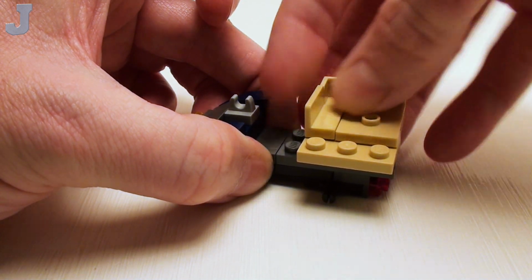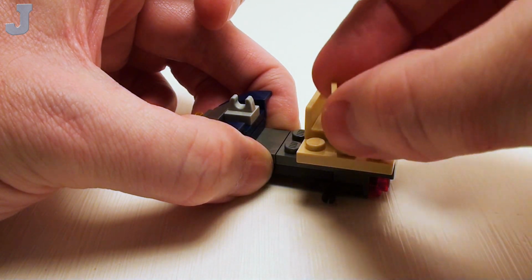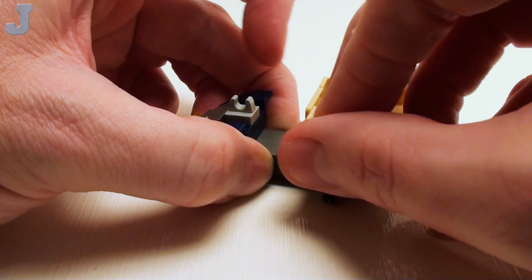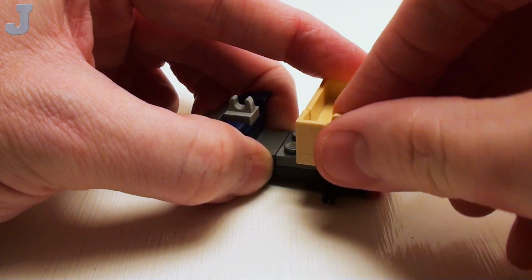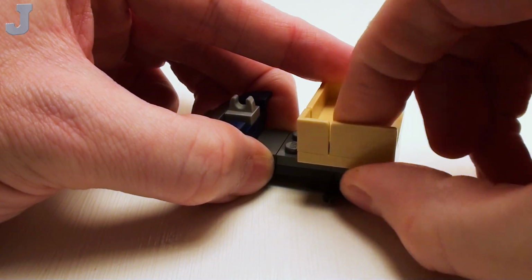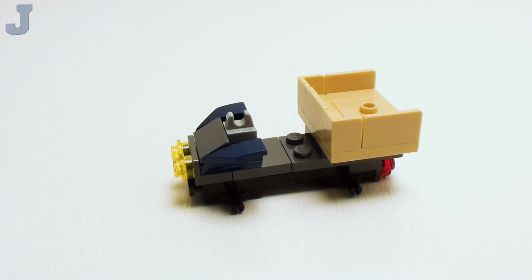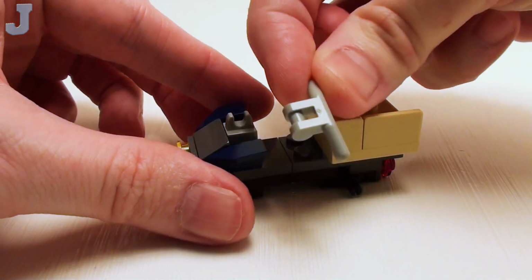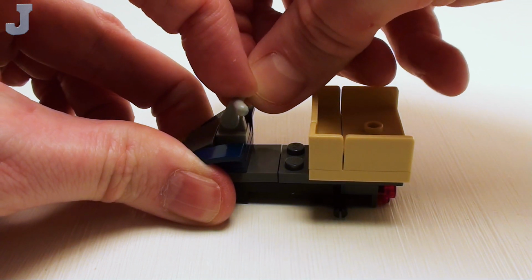Then we're going to proceed on with a 1x2x1 wall element, a 1x1 corner wall element, and a 1x2x1 wall element to finish up the cargo area. And we almost forgot about the handlebars. I'm going to take one of this set of handlebars to set that right in the